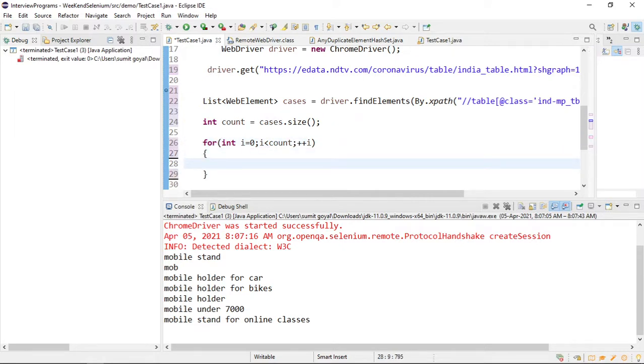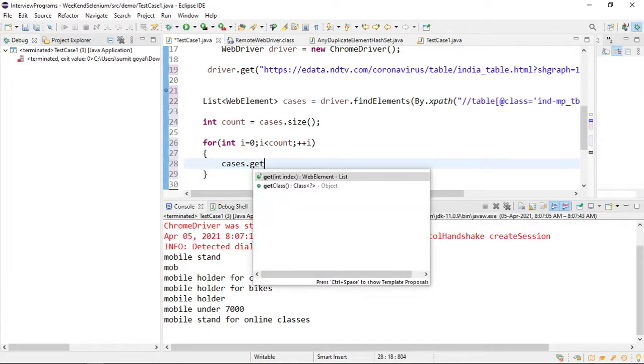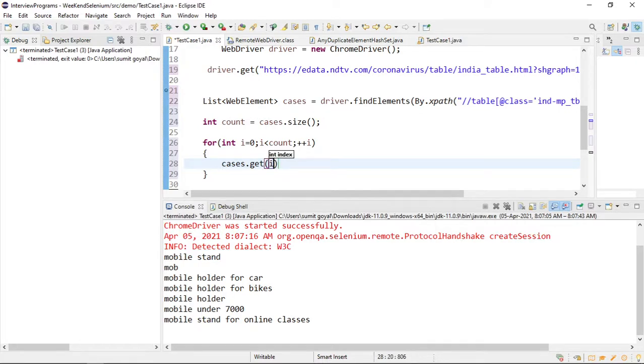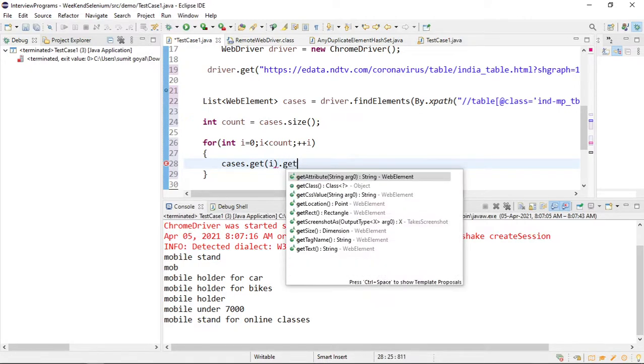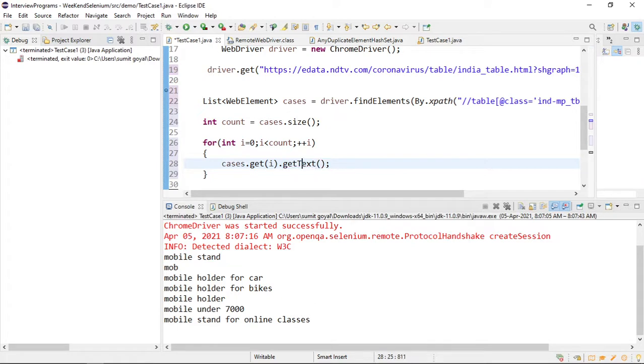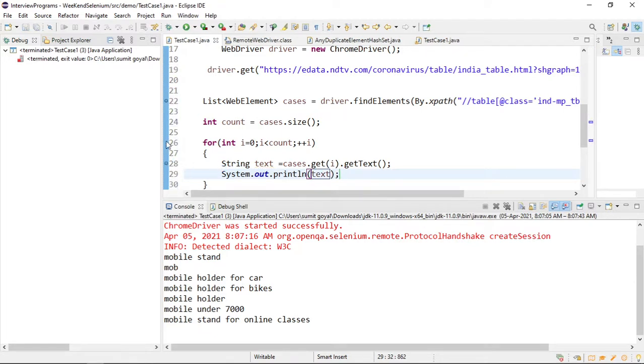And here inside, this will have all the cases in the form of web element. So cases.get(i).getText. Now the return type will be string again, as the numbers are in the form of a string. Now I will print it. Let me debug the program. If I debug this program,